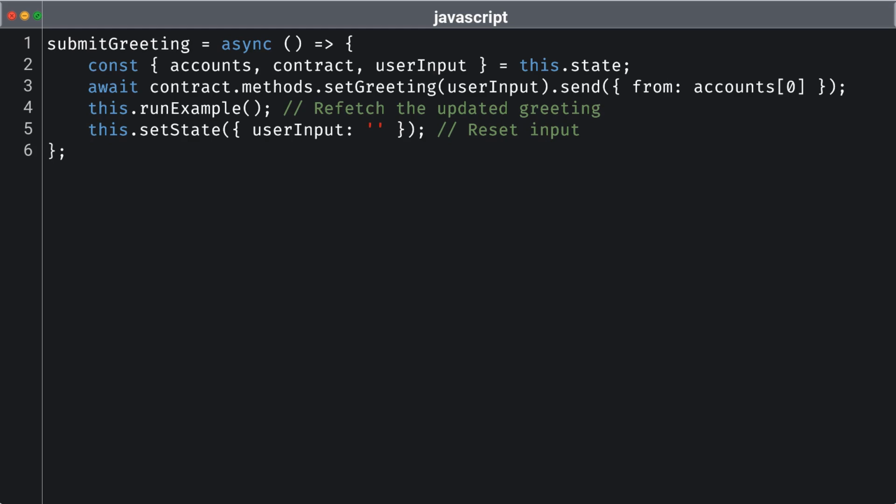This step ensures that the user sees their newly submitted greeting reflected in real time, enhancing interaction and user experience. Finally, to keep the input field clean for the next entry, we reset the user input state to an empty string. By structuring the function this way, we ensure that users can seamlessly update and view their greetings without refreshing